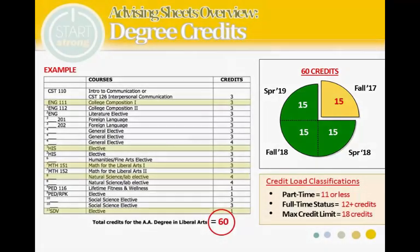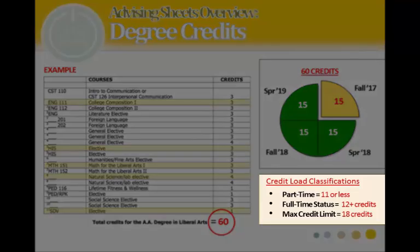Let's now have a look at the different credit load classifications. Students taking less than 12 credits are considered part-time students. On the other hand, students taking 12 or more credits are considered full-time students. Students may not take more than 18 credits without permission from the Dean of Students office. Students that wish to be at full-time status are generally encouraged to take no more than 12 to 16 credits